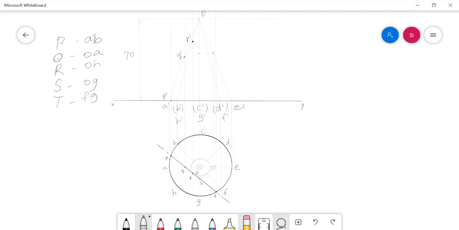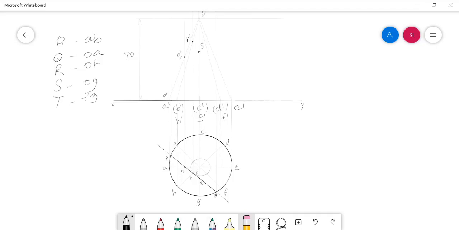Let me rub off the unnecessary things. And approximately I am marking it here. This is nothing but my cut point S dash.